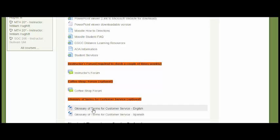And last but not least, in this top section, we have a glossary of terms for customer service. In the entire text, there's a lot of terminology. You may not know it all. I have a copy in both Spanish and English. So if you click on that, it's going to pop up here and show you